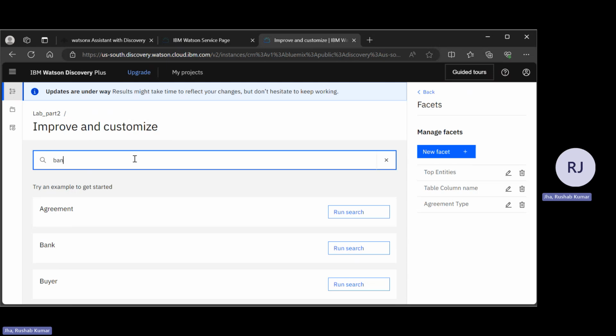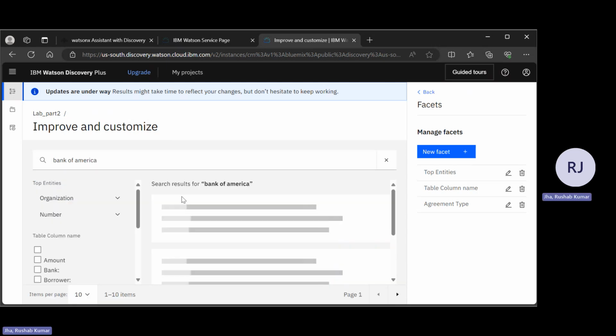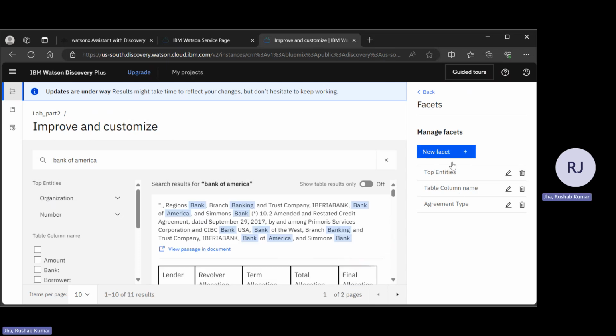Let me click on Bank of America. You'll be able to understand better. I have already created certain facets. Basically, what do I mean by facets? Facets can help you to filter documents so that you can perform deep analysis very fast. Whether you're trying to find any sort of proverbial needle in the haystack or to discover unexpected trends, you can do everything very easily.